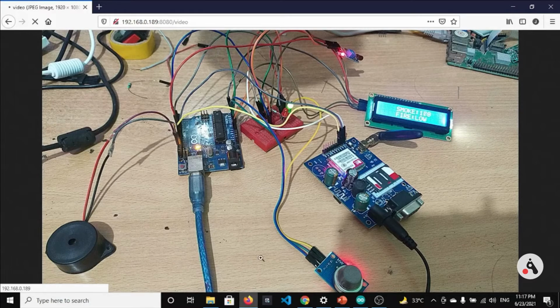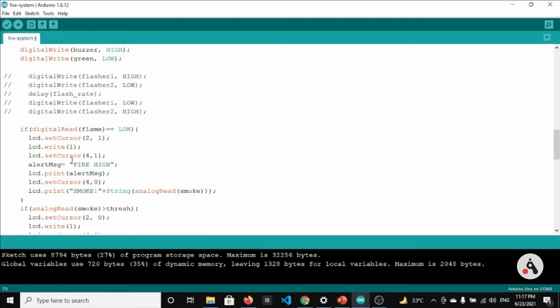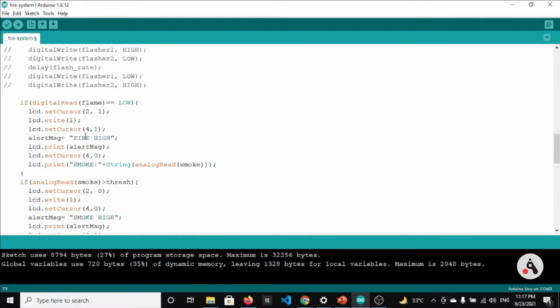You can see here that it is smoke this and fire low. We can show that correctly when fire is detected using the flame sensor. So the alert message is fire high. We have stored this message in this variable, and we have also shown the same on the second line at 4, 0. On the x-axis we go 4 steps, and on the y-axis we go 0 steps.